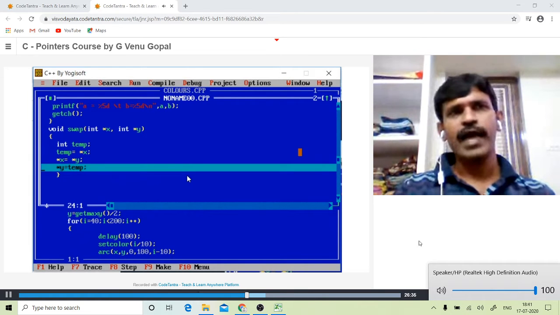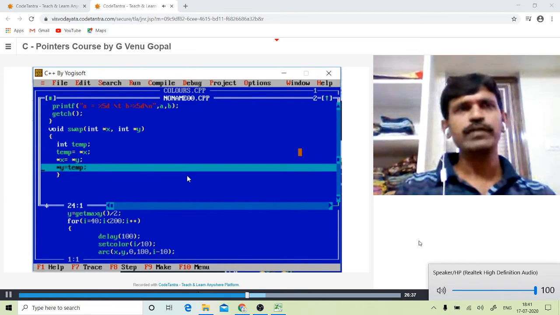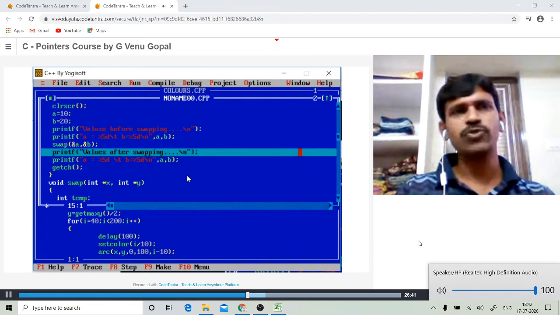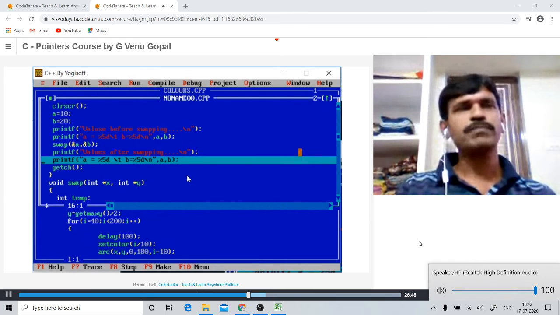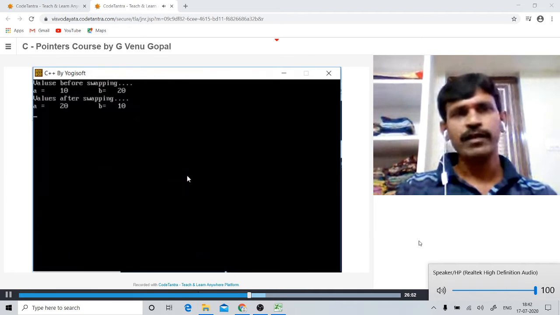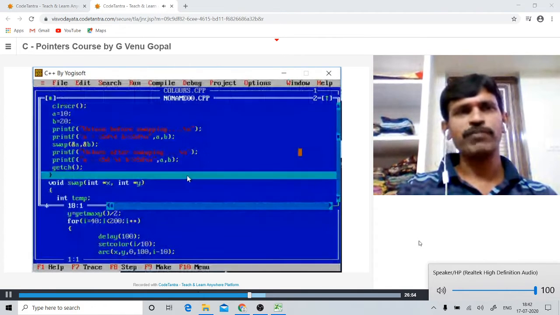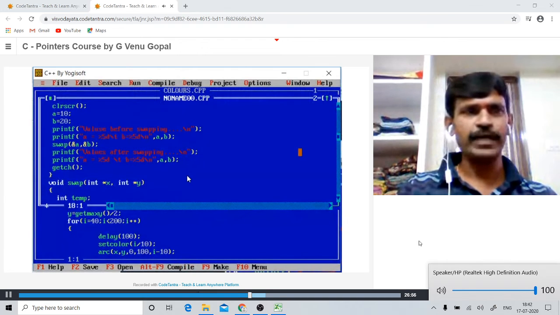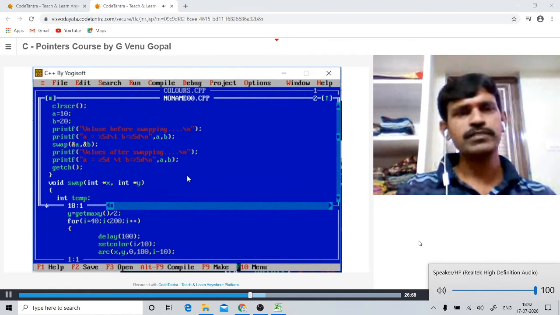That means the value stored in temp is sent back to Y. Then the control comes back to the main function. Here, values after swapping is the message displayed on the screen. After that, A is equal to percentile D and B is equal to percentile D. The values of A and B are printed. The output is this, and then the function is closed. So let us stop this program here.